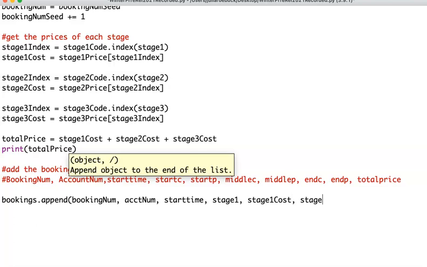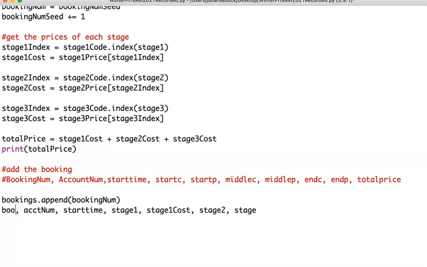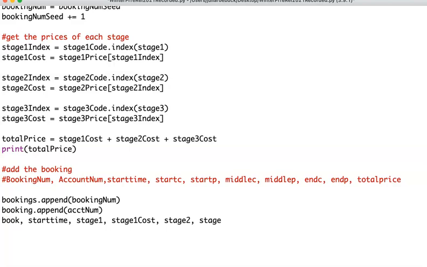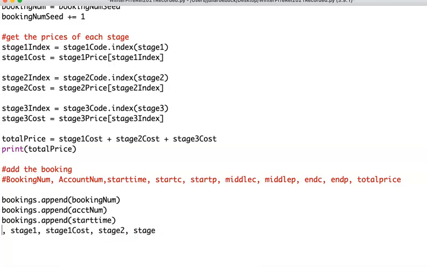Then the middle, stage 2, stage. Just realised I've done this on separate lines. I need to do it on separate lines. So it's bookings.append. We're appending them in separately, which I kind of had in my head and then I forgot that we were doing it. So we actually have to do a separate append for each one of these items. Otherwise, it's not correct. And it's bookings. There we go. Bookings, start time. Bookings.append